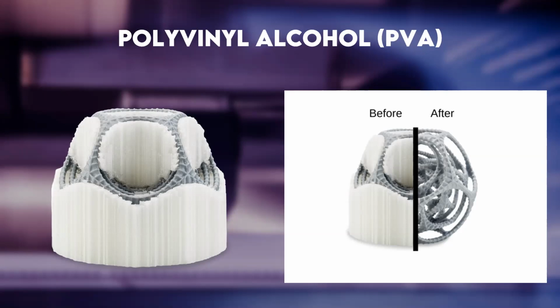Okay, so you can see the before and after. Before is the 3D printed part which was printed by using PVA as the support structure. So the white structure that you see is the PVA, and the upper structure would be ABS or PLA, anything. So it is just used for support structures. After that, when you put the structure in the water, the PVA will get dissolved in water, and what you get is only the 3D printed part.